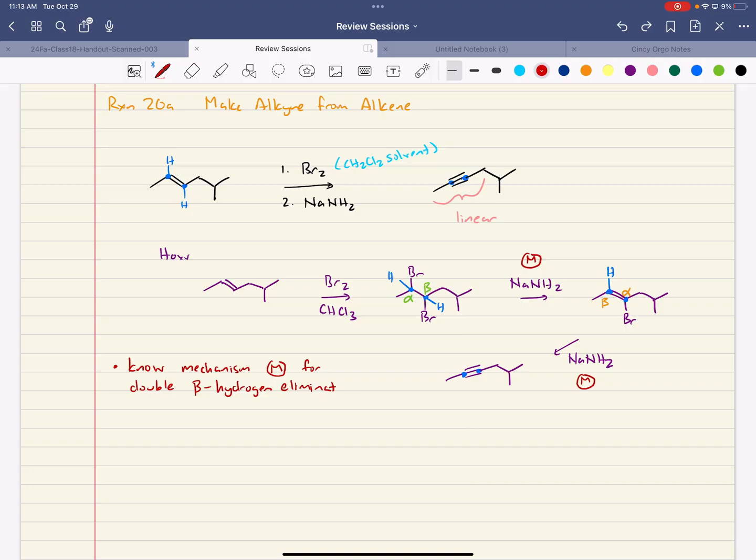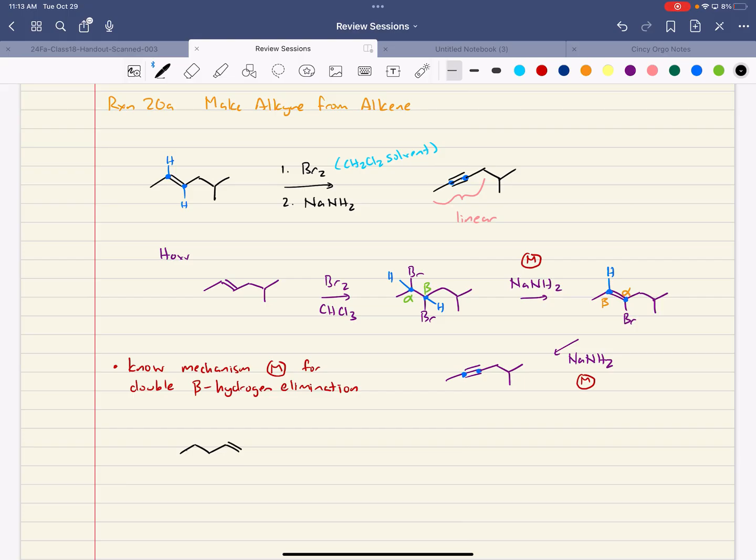If I'm eliminating hydrogen twice, can you find those two hydrogens? It's these two. If you go way to the beginning, it's these two. Remove hydrogen twice. All right. Let me draw you a molecule that will not be able to make me a triple bond. If I have this molecule here,